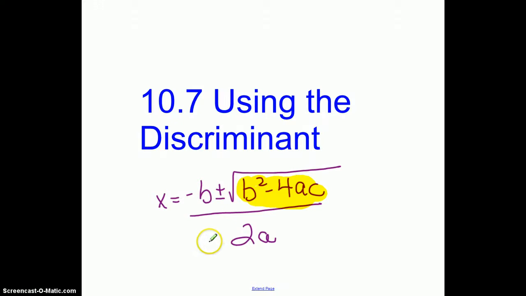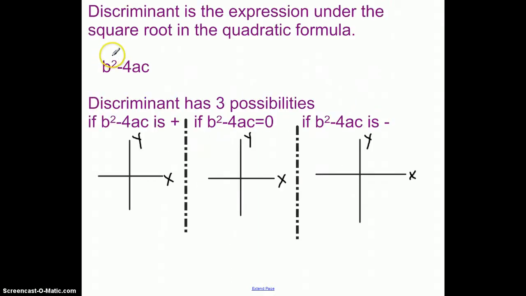And really, in a lot of ways, that part of it can make or break you when you're trying to solve this. We all know that the focus of a square root is to have some kind of an answer we can use. But if it's negative underneath here, we won't be able to get a solution. So let's take a look at possibilities here. First of all, the nice thing about today is we are only going to use this part to calculate. So if I went to put in my numbers for A, B, and C and solve this, there's really three